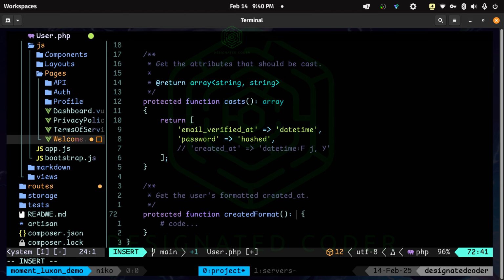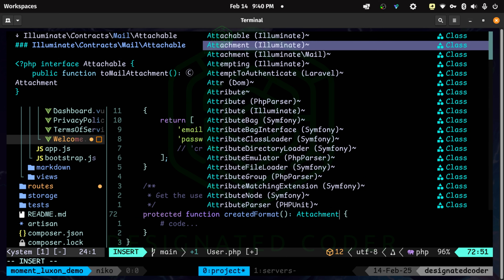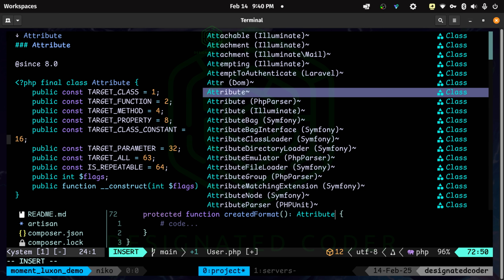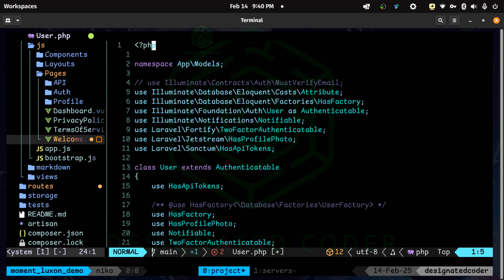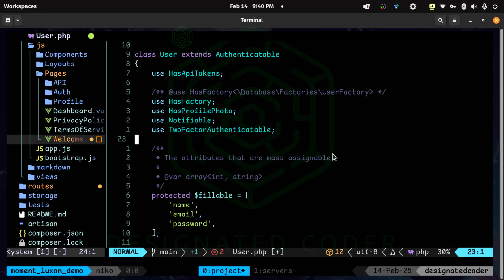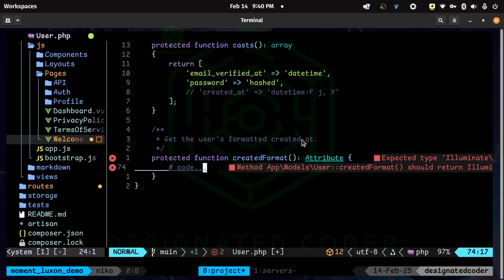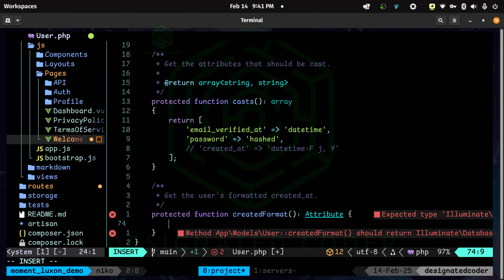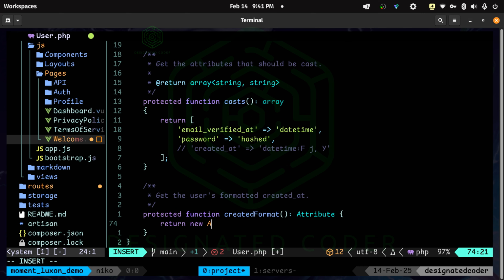And then we're going to use Laravel's attribute helper, which is this one, I believe. Make sure I imported the correct one. Eloquent casts attribute. Correct. So now here, we'll just return new Attribute.